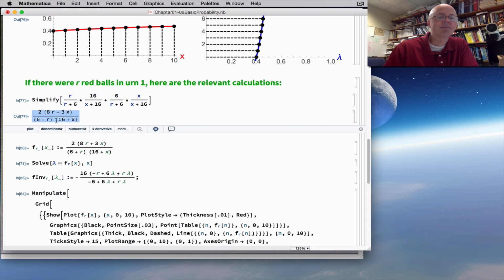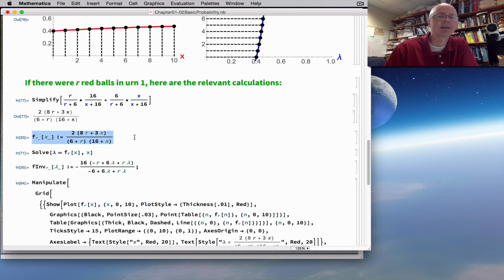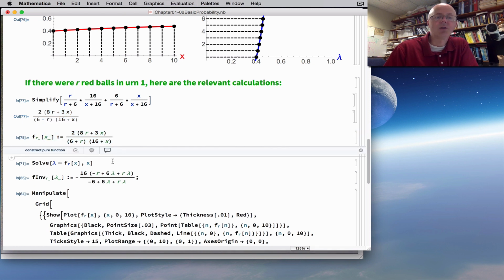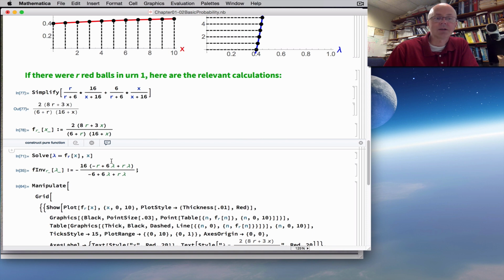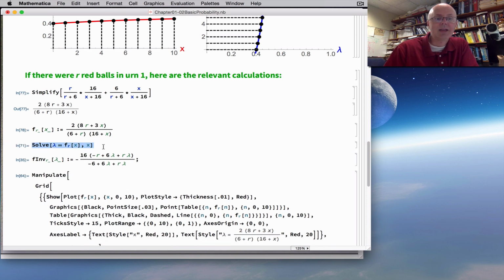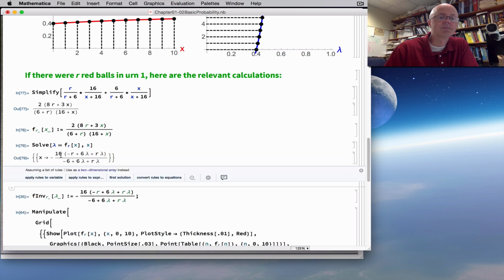And this thing is a function of r and x. However, I want to think of r as a parameter and x is the quote-unquote true variable here. So in mathematics, I'm plugging it in like this. And to solve for the answer in terms of x, I need to solve that equation for x. The answer does depend on both lambda and r. If you plug in r equals 4 here, you should get the same answer that we got before. And you could also plug in lambda equals 0.44 to get the same answer that we got on paper,